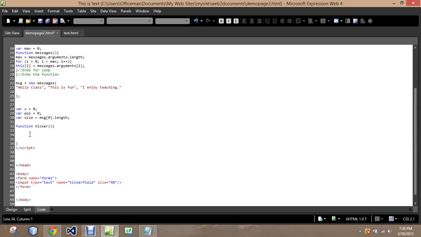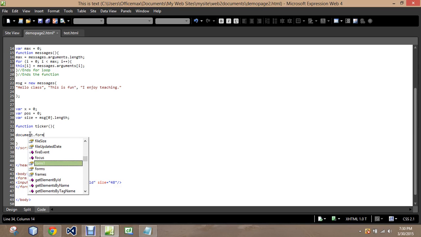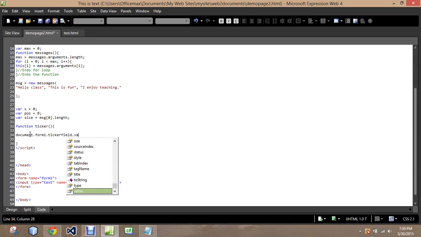And we need to use our document identifiers again. Walk through this process. So it's document dot our form name, form 1, dot our text box, which is ticker field, dot value equals. Now, we're going to have it continue to add on to itself. So it's going to pull the current message, which we're going to, since we have multiple messages, instead of using 0 here, we're going to replace it with x. So message of x